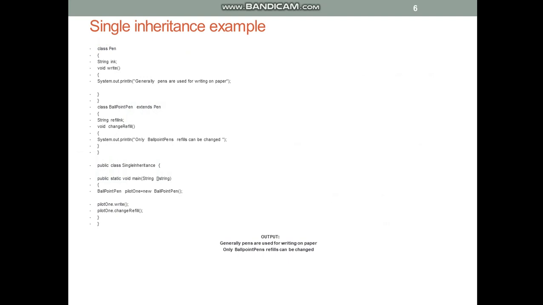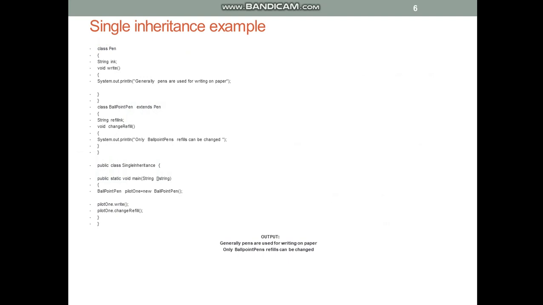What I've done is I've taken a real world example for the understanding purpose, so that we can get to know the importance of each of the inheritance types we discussed above in the slides. Firstly, we'll go to single inheritance. As I said, in single inheritance there are only two classes, and class B can inherit from class A.